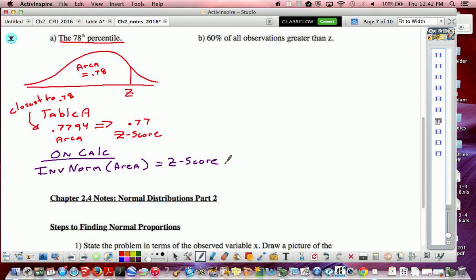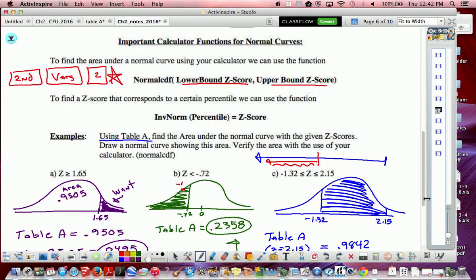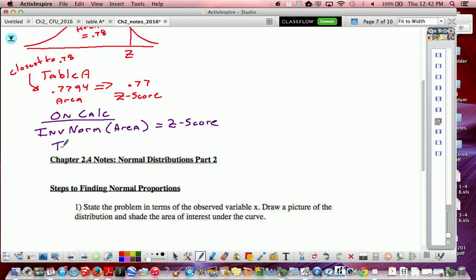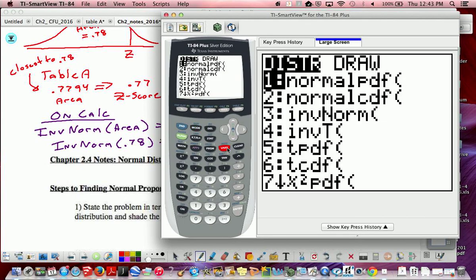So to get to this inverse norm, I'm actually going to jump back to the page because I want to put this in your notes. Inverse norm of a percentile, or the area, is equal to the z-score. The command on your calculator is very easy because it's right below normal CDF. So second var's number 3 is this inverse norm. So what I can do for this particular one, inverse norm of 0.78 is equal to, and what's nice at least about the inverse norm part, second var's number 3,